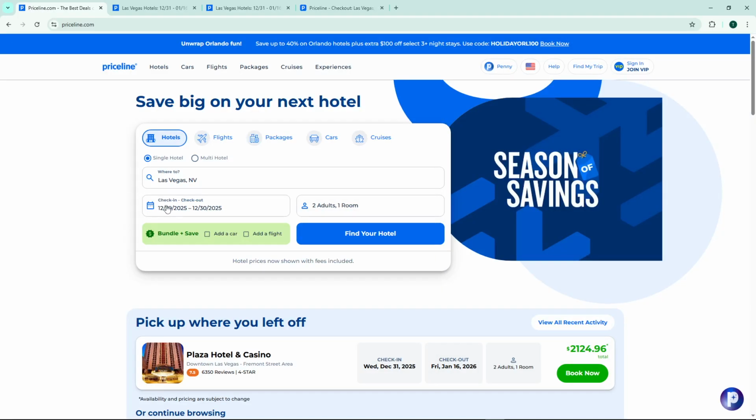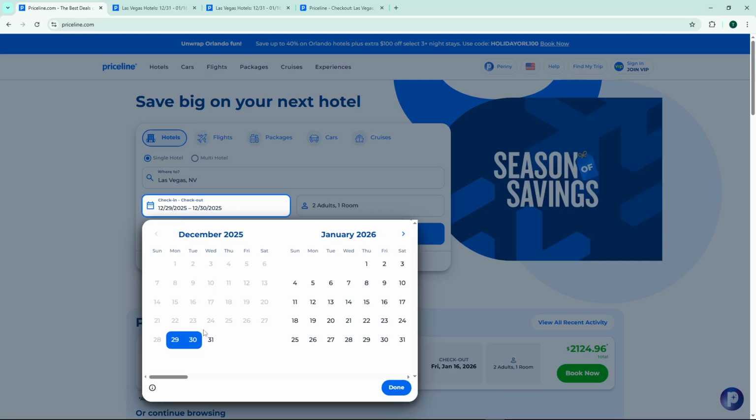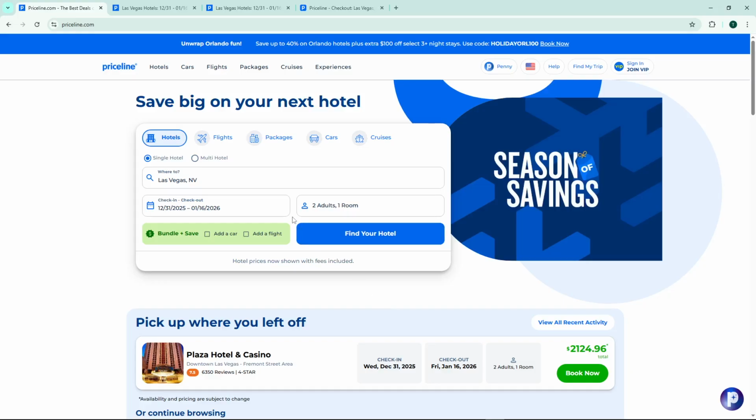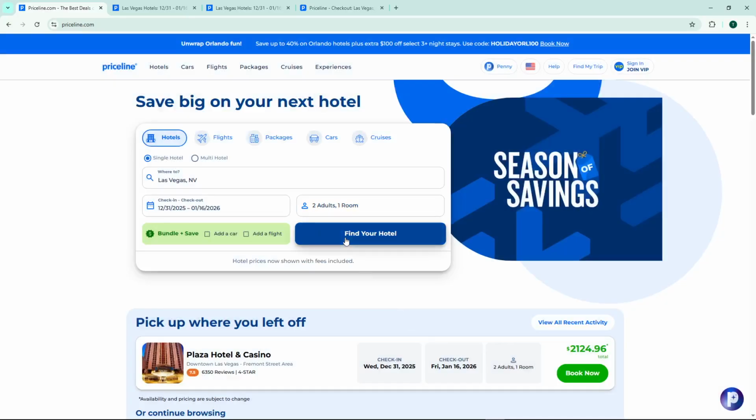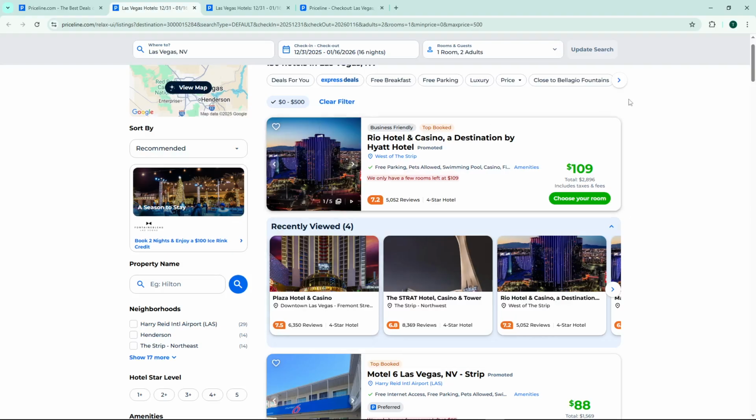Next, you'll need to select your travel dates. Click on the calendar icons to choose your check-in and check-out dates. Make sure these dates align with your travel plans, as this will determine the availability and pricing of hotels. After setting your dates, enter the number of rooms and guests you'll need for your stay. Once everything is filled in, click Find Your Hotel and wait a few seconds while the system loads the available